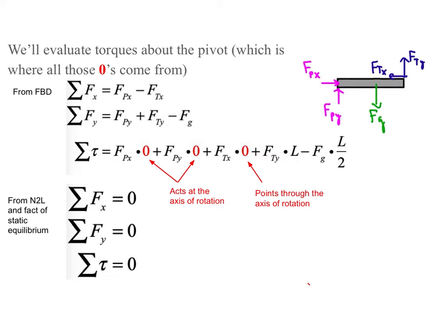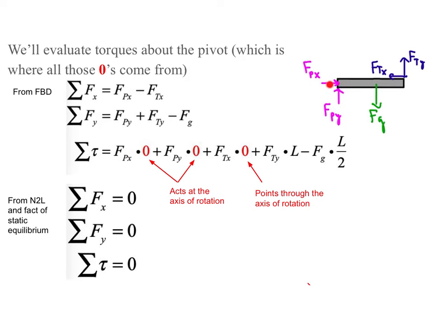And the forces in the y are the weight pulling down and the tension pulling up, and at least potentially a force from the pivot pushing up as well. We don't know yet, but in principle it could be there because it's in contact with the wall. And then the sum of the torques, the net torque, would be